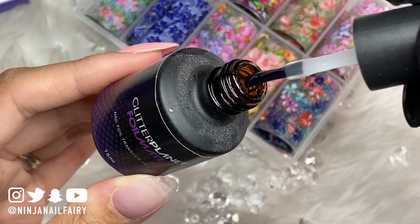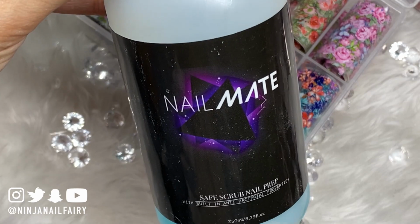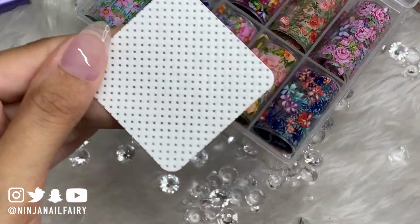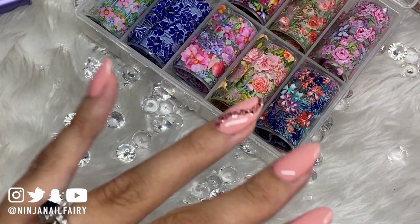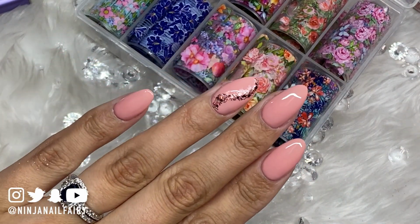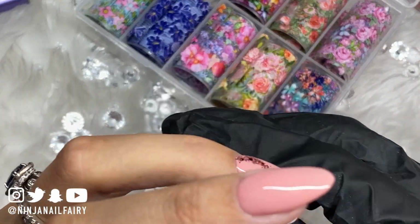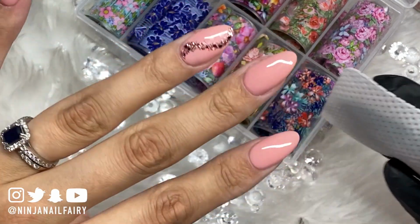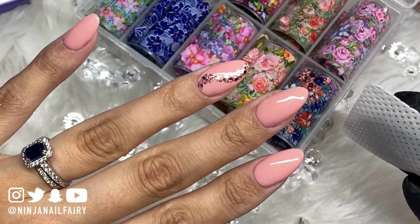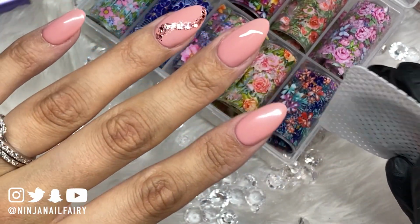Anyway, I'm also using the Foil Mate Transfer Gel and the Safe Scrub Nail Prep. So I'm going to come in first with the prep and just remove that tacky layer from the gel colour. And this is just because that Foil Mate Transfer Gel cannot be applied over any product that already has a sticky residue on it. So if you've been struggling with that, I am here to save your life and help you out. So yeah, I'm coming in, wiping off that tacky layer,